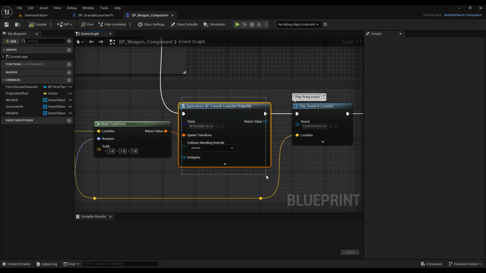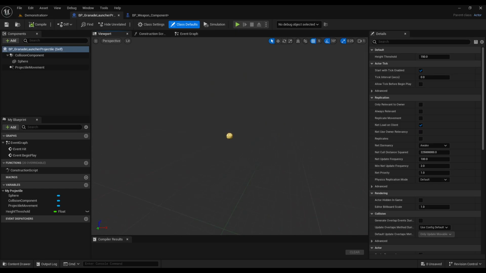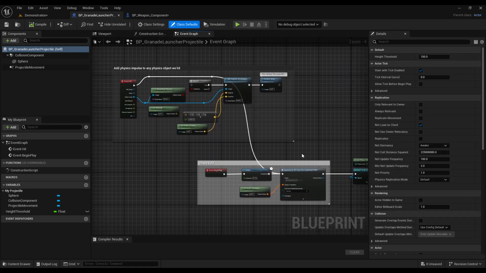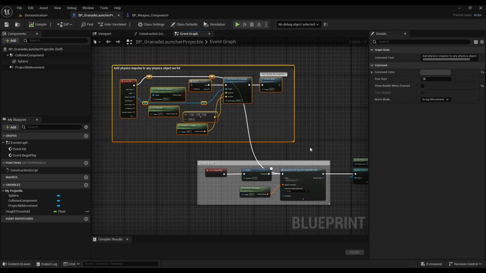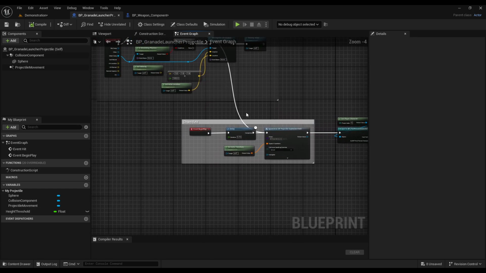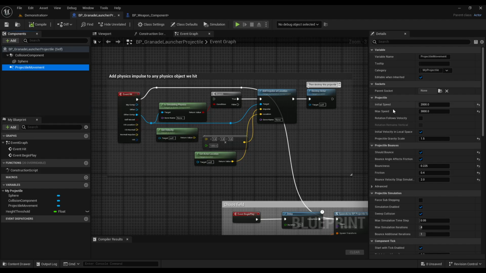So what this BP grenade launcher projectile does is just a ball, like a sphere, which is the default Unreal blueprint for shooting the balls. But then I modified it. So once it has the projectile movement with the initial speed, it will shoot this bullet, this sphere,